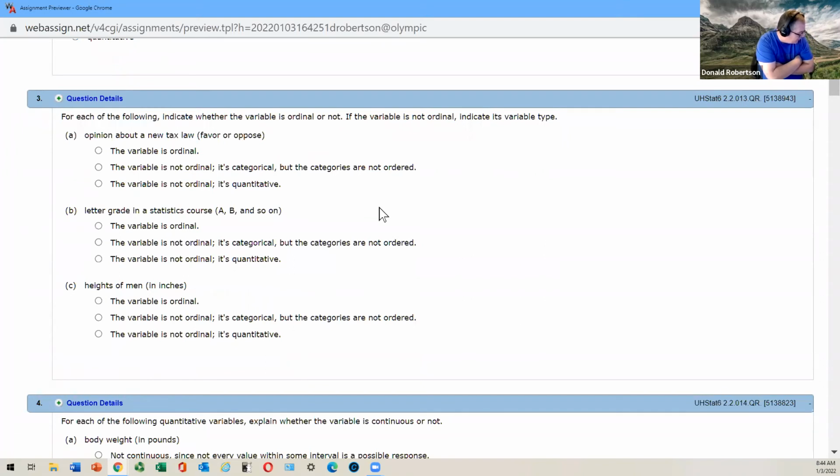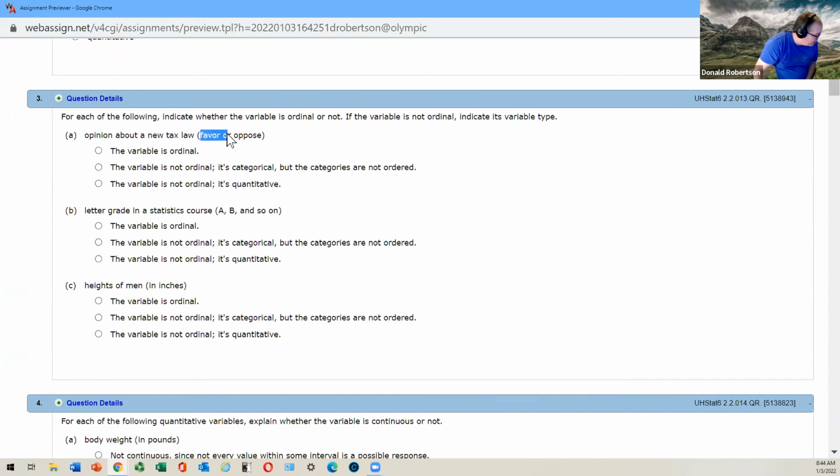For each of the following, indicate if it's ordinal or not. If the variable is not ordinal, indicate its variable type. Okay. Your opinion on a new tax law, and the answer is you favour it or you oppose it. What would that count as? Three choices. You ask people, do they like the new tax law?